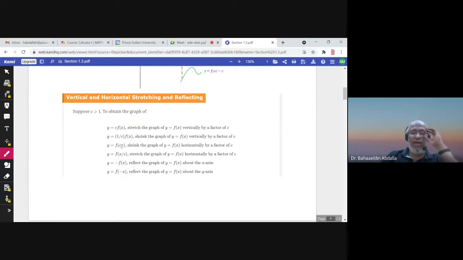If you multiply inside or divide inside by c, this will mean horizontal stretching and shrinking. So with x horizontal, with y vertical. If c, notice that c is greater than 1, for example, 2, 3, 4, 1.5. If c is 1.5, 2, 3, then there will be vertical stretching